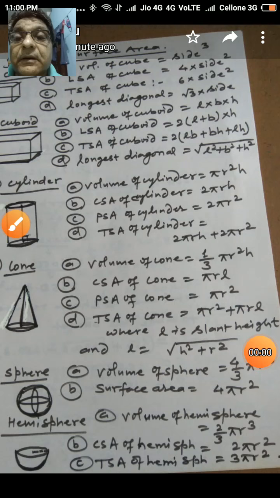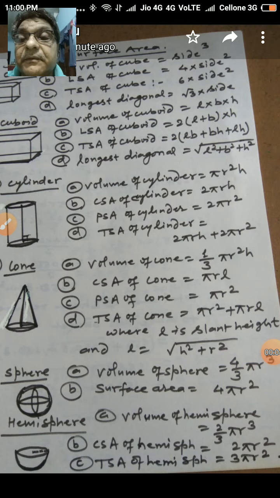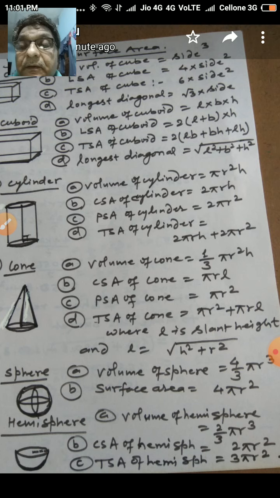Students, in this session today we will see volume and surface area for class 10. Here we will concentrate on the study of some three-dimensional objects like cube, cuboid, cylinder, cone, sphere and hemisphere. Although you studied surface area and volume for each separate solid exercise-wise in class 9, the same things are given in class 10.